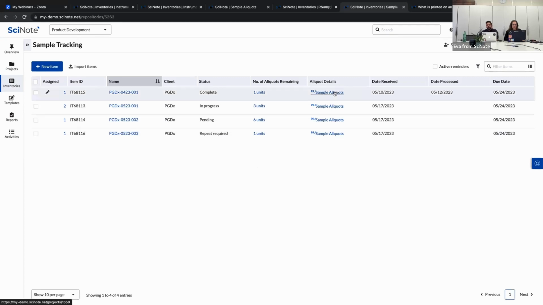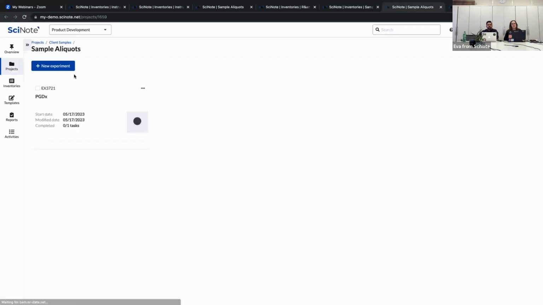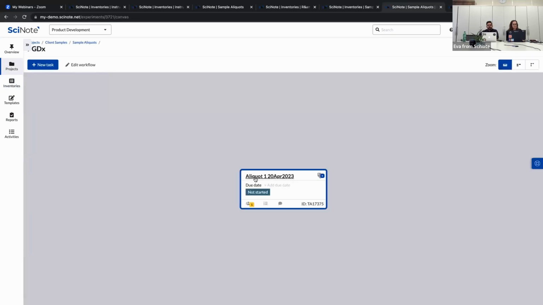And to see how the aliquots were created or what protocol was followed to create the aliquots, I've created a separate project here called sample aliquots, and I've linked that project directly to these items here. So if I open this project here, you can see I've created a sample aliquots project, and my experiment is specific to the client from whom these samples came. And then if I open this, I can show you the task here where it has the first